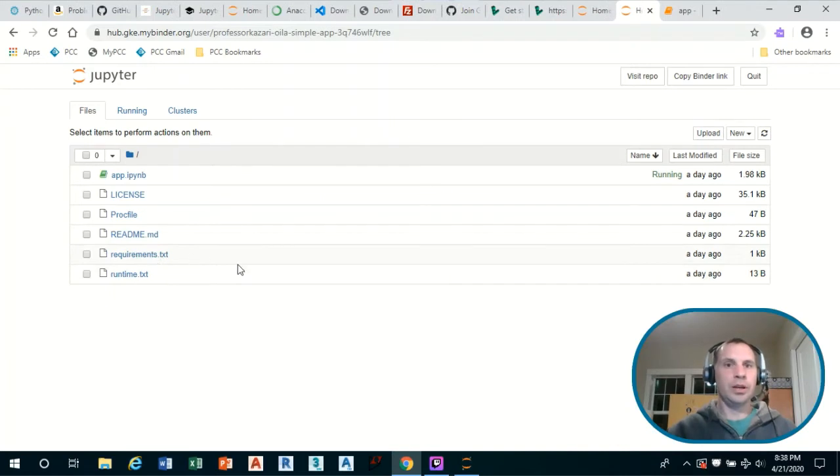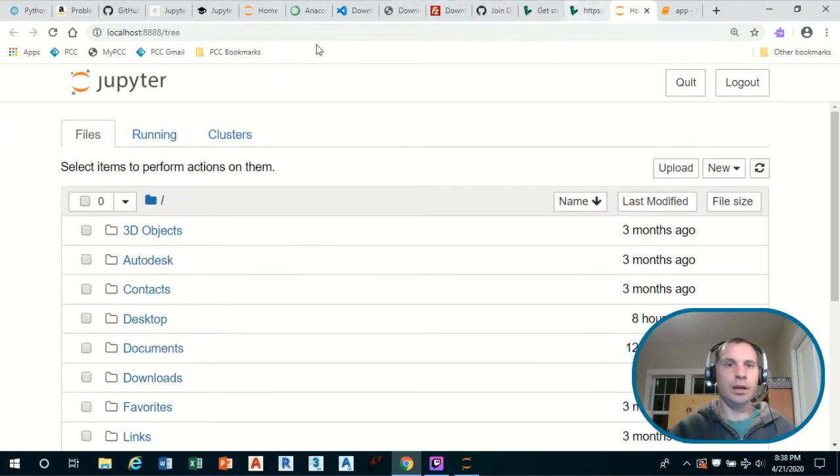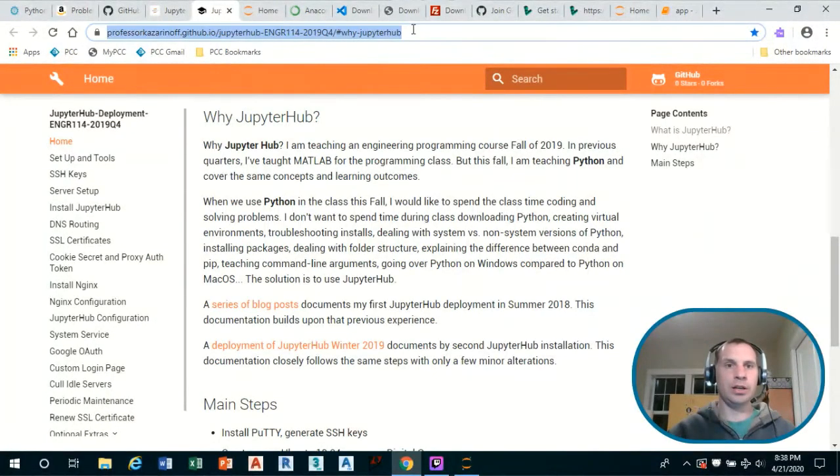So the documentation that I'm going to be following to deploy this Jupyter Notebook server can be found at this link: professorkazarnoff.github.io/JupyterHub/ENGR114-2019 Q4.